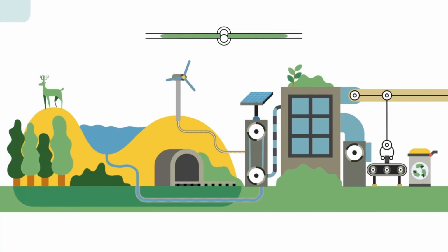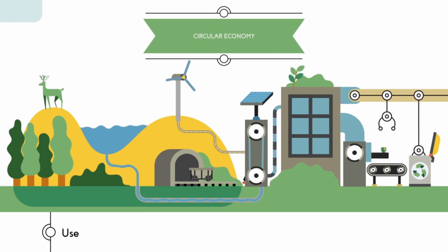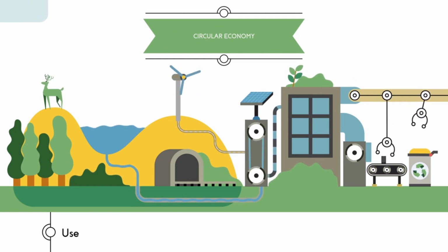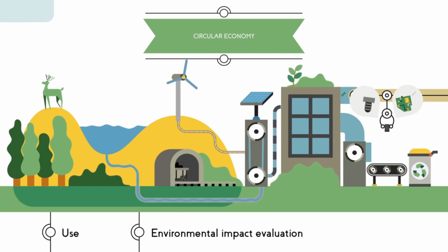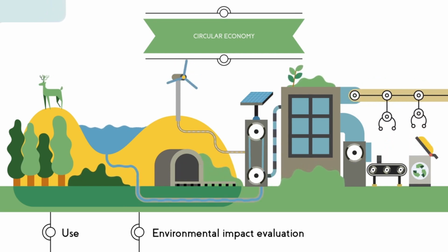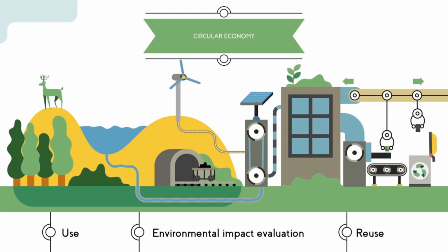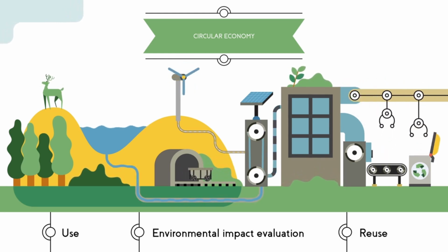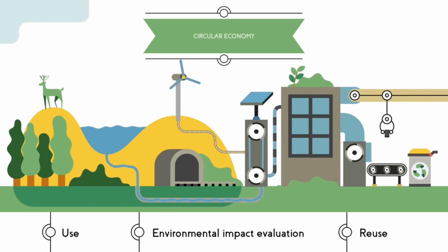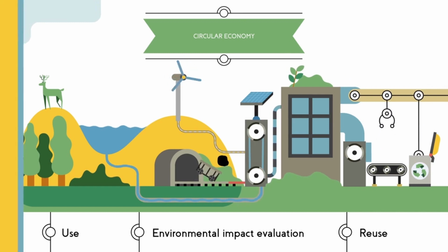On the other hand, the circular economy seeks to use resources in all stages of the life cycle of the product or service. It evaluates the environmental impact from the design stage to the acquisition of raw materials, in manufacturing and transport, and end use. The resources used can be reused during its different stages, or to create new products, always with the idea of increasing the lifetime of the products.